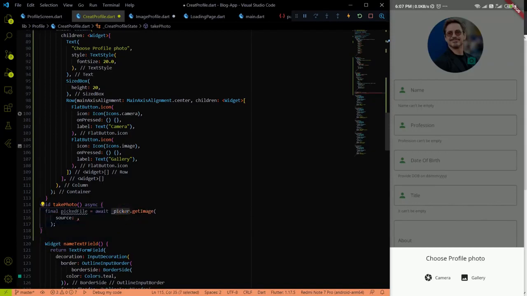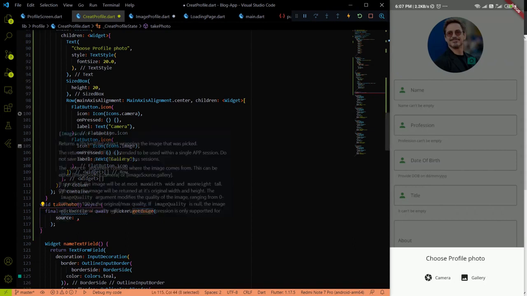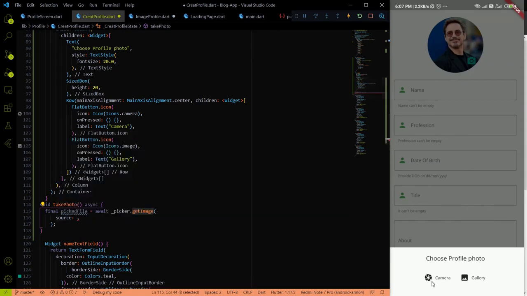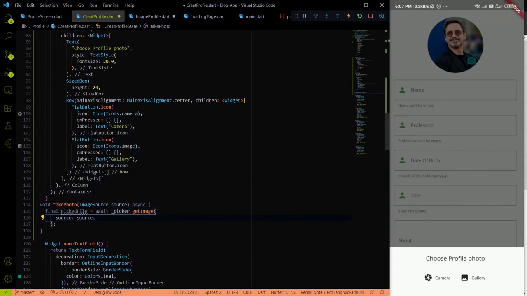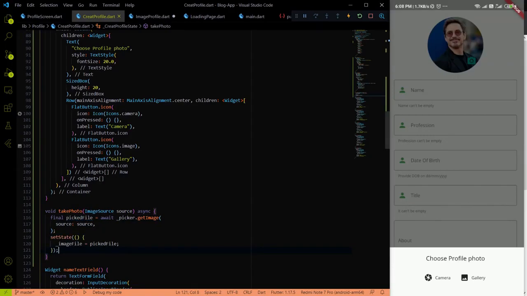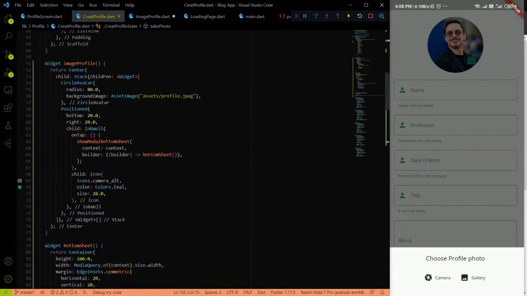In the take photo method we will first call the picker instance, and with the help of picker.getImage we will get an image from the camera or the gallery. We just have to provide a source type. Source type means from the camera or the gallery. For that we will take a parameter into the take photo method, that is the image source type, and provide that source onto the source property of the picker class. Now we just have to store this picker file, and we will store the picker file into the image file